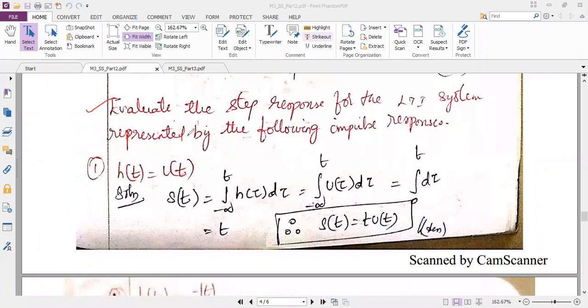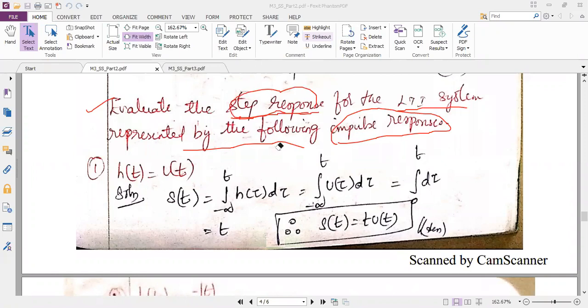Okay, good morning. Today we solve the problems under the topic step response. In yesterday's class, we solved the problems under the properties of LTI system in terms of impulse response h of n. So now we are going to discuss how to find the step response for the LTI system given the impulse response. So the impulse response will be given, and for that impulse response, I need to find the step response.